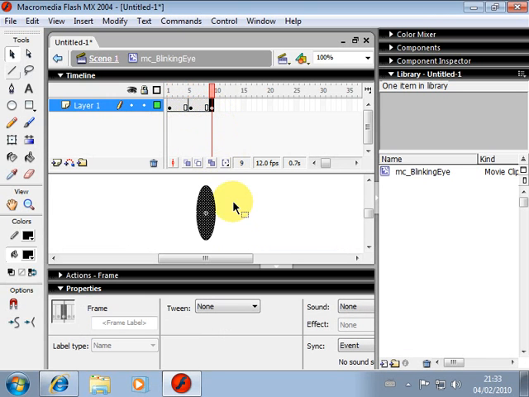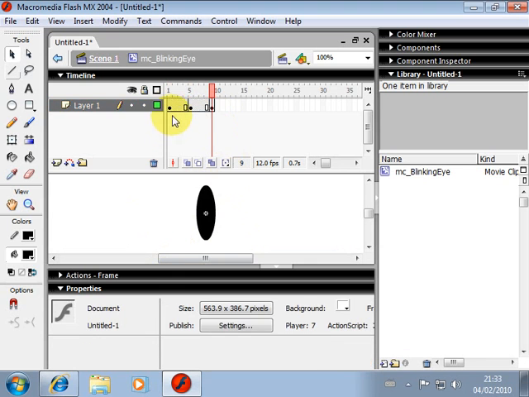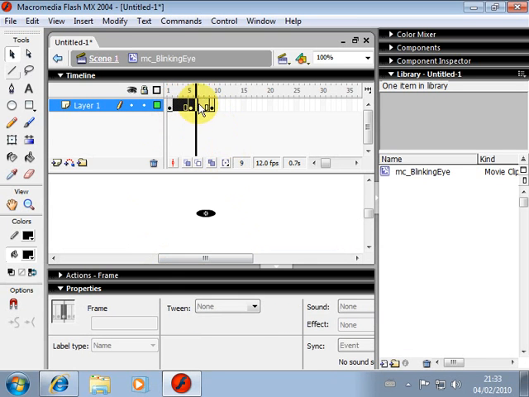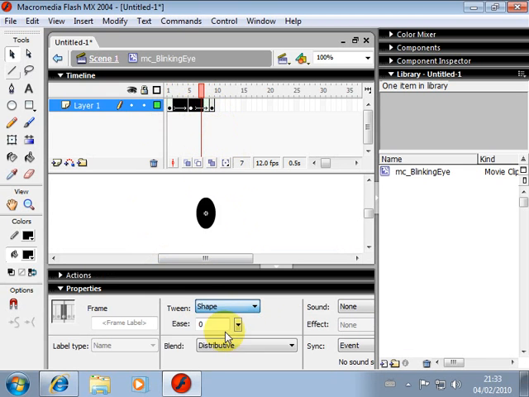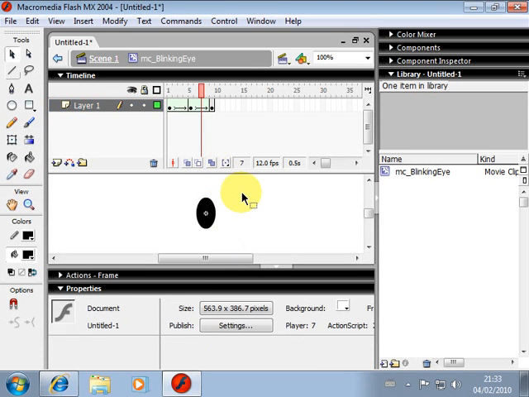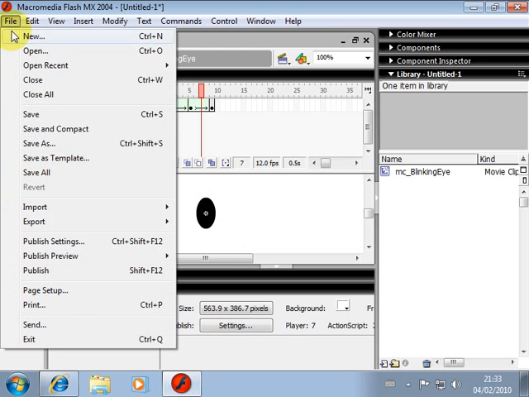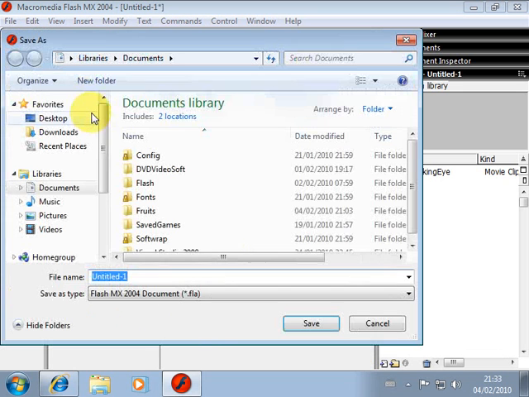We've got our eye. All that's left to do now is to select the middle area where we're going to motion it, and do a shape tween. Okay, and that is actually complete. Let's just save that. So file save as, and we'll call that